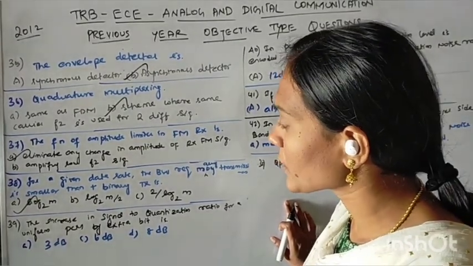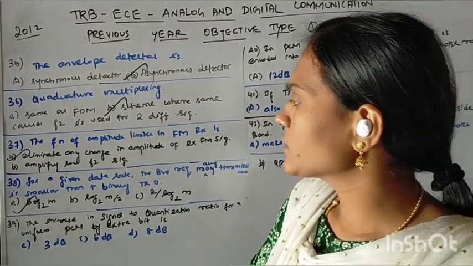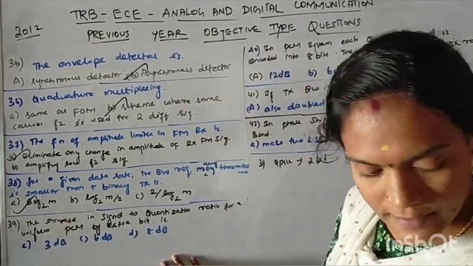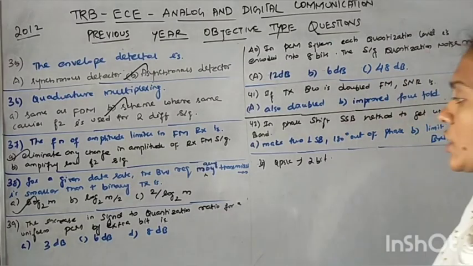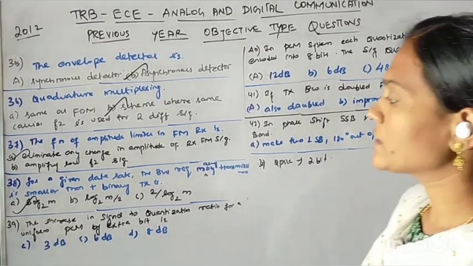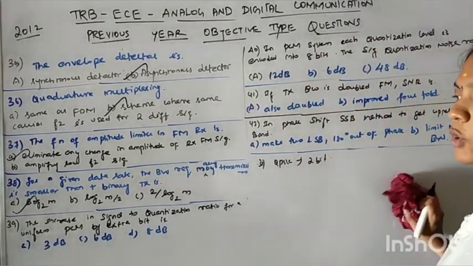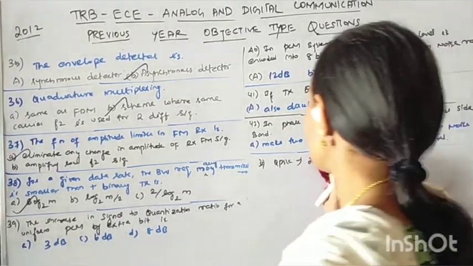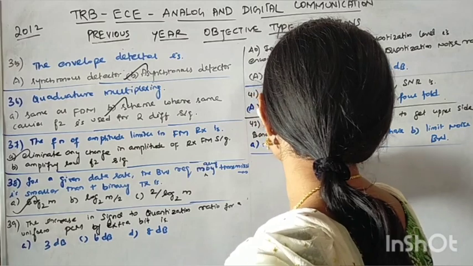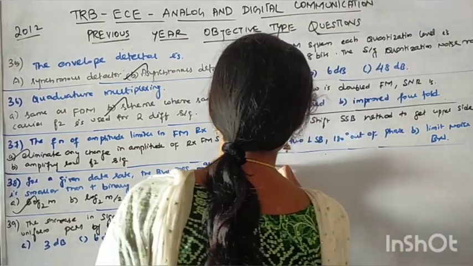And next question: the increase in signal to quantization noise ratio for a uniform PCM by one extra bit is, so we know that the quantization signal to noise ratio, SNR, is equal to